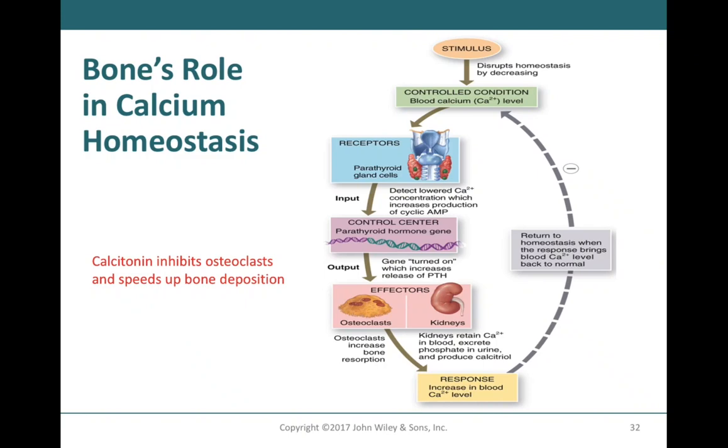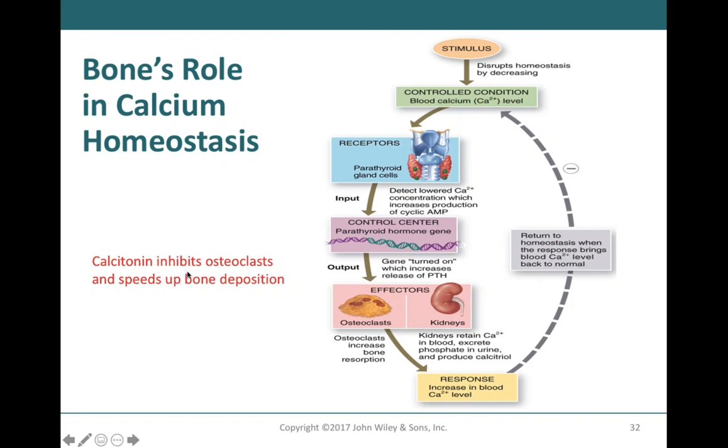So when blood calcium levels are decreased, we're going to call on our parathyroid gland cells to release parathyroid hormone. However, there are other cells in the body that are going to release a hormone known as calcitonin. Calcitonin is going to have the opposite effect as parathyroid hormone. This is going to inhibit osteoclasts. So osteoclasts will no longer be breaking down as much bone, and it will speed up bone deposition by stimulating